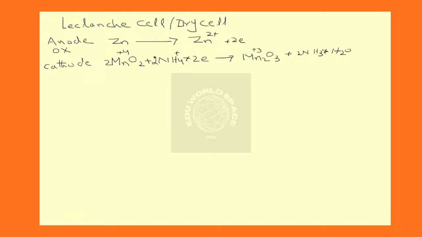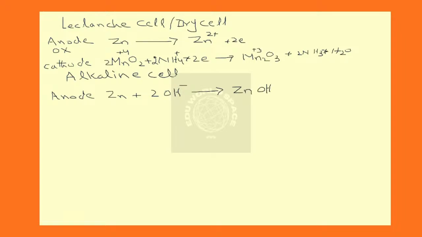In case of the alkaline cell, at the anode, zinc reacts with hydroxyl ion from the alkali. So zinc is oxidized, forming zinc hydroxide,